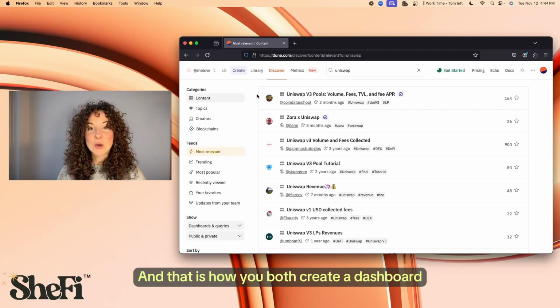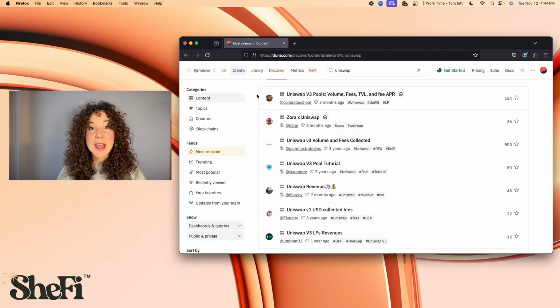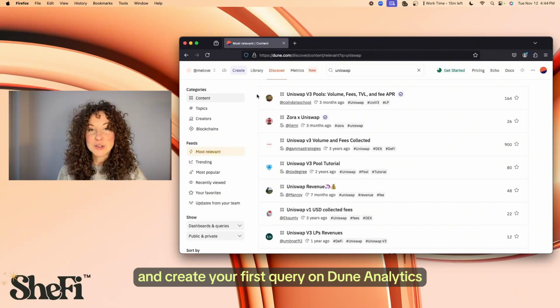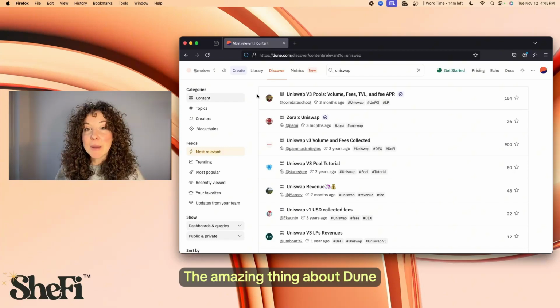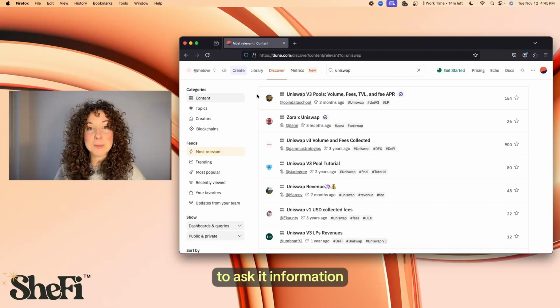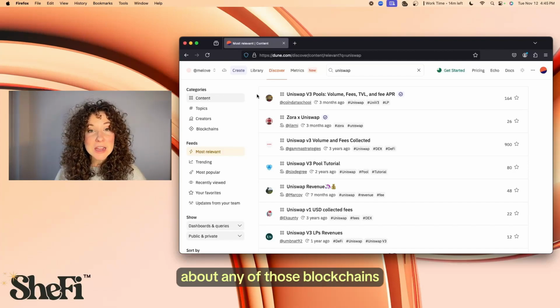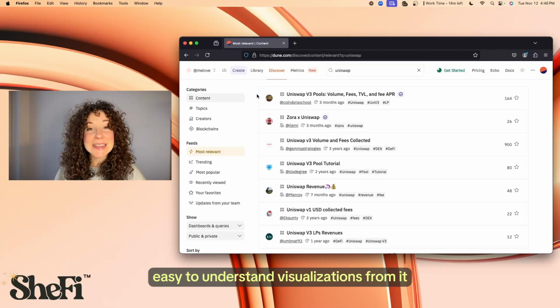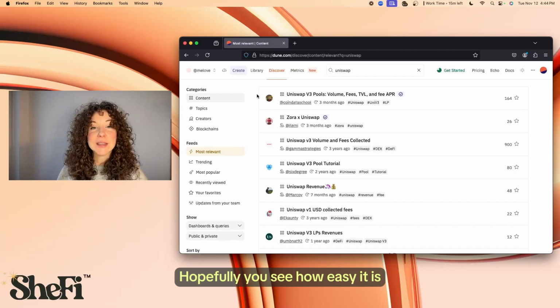And that is how you both create a dashboard and create your first query on Dune Analytics. The amazing thing about Dune is it's connected to over 75 blockchains. So there's a lot of power at your fingertips to ask it information about any of those blockchains or any of the applications on them, and for you to create easy to understand visualizations from it. Hopefully you see how easy it is to ask the blockchain for information and turn it into something beautiful for